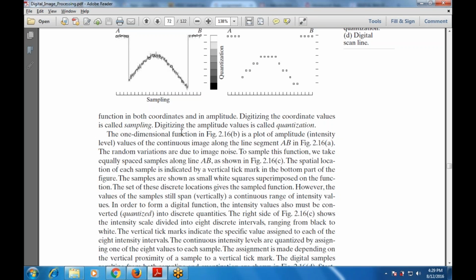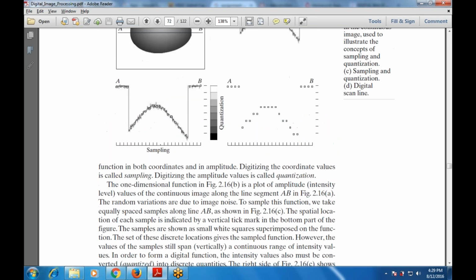So one is the coordinate value, which is known as sampling. One is the amplitude values, which is known as quantization. So there are two types of values. Whenever we want to digitize a coordinate value, that means a marking point or the vertex, that is known as sampling. Whenever we want to digitize the amplitude values, that means a range, that means a line, that is